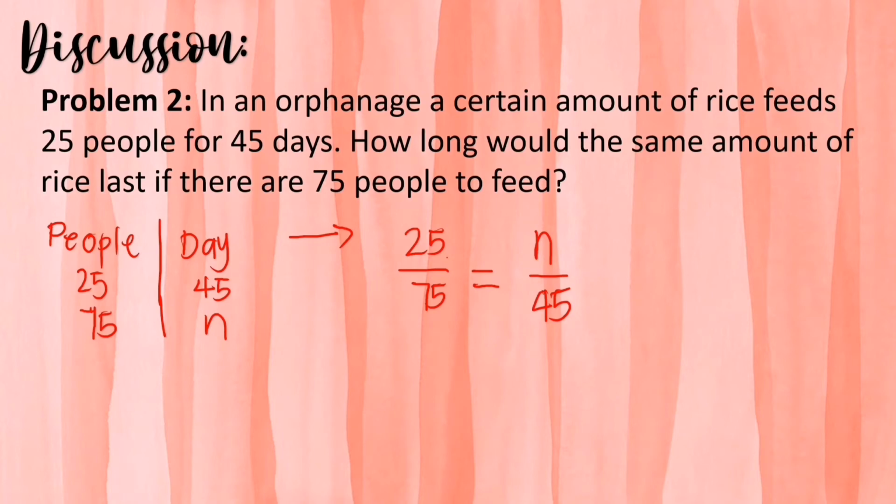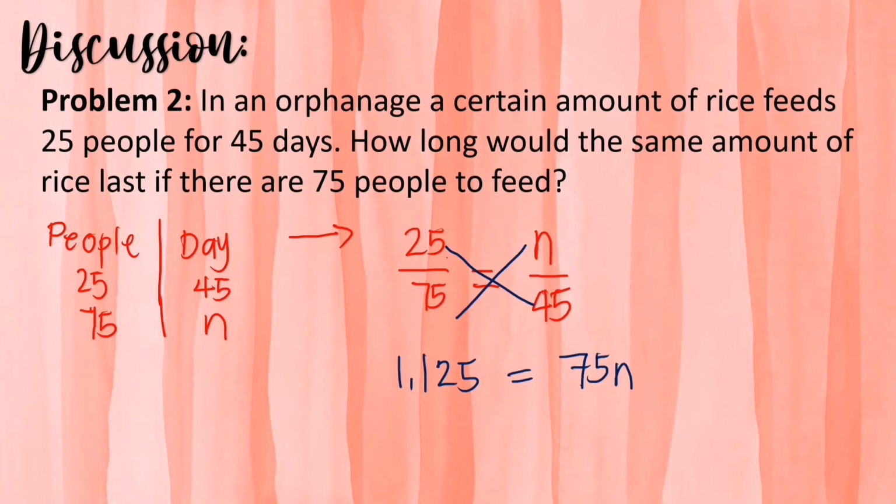Now, pwede na natin siyang isolve using cross multiplication. So, cross multiply. So, 25 times 45 is equal to 1,125 equals n times 75 is equal to